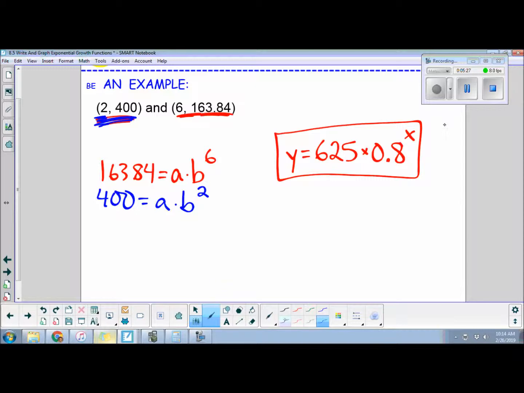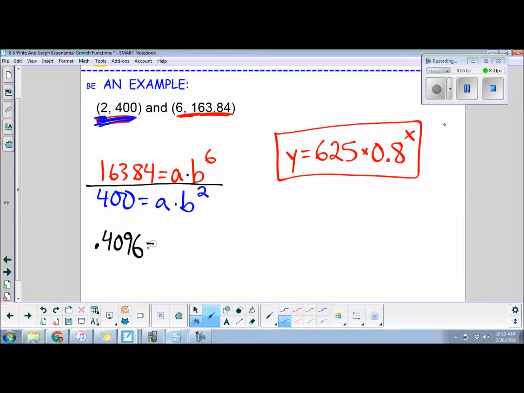This is like the elimination strategy that you probably learned in algebra, except in order to eliminate exponents, which have multiplication, we're going to simply divide these. We're going to go ahead and divide both of these equations. I'm going to type on my calculator 163.84 divided by 400. If that equation sounds familiar, it absolutely should. We did it in the other problem. This gives us